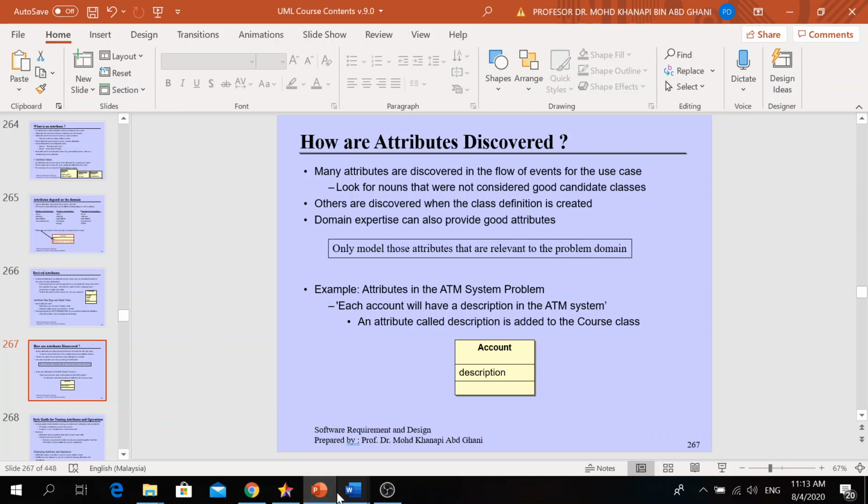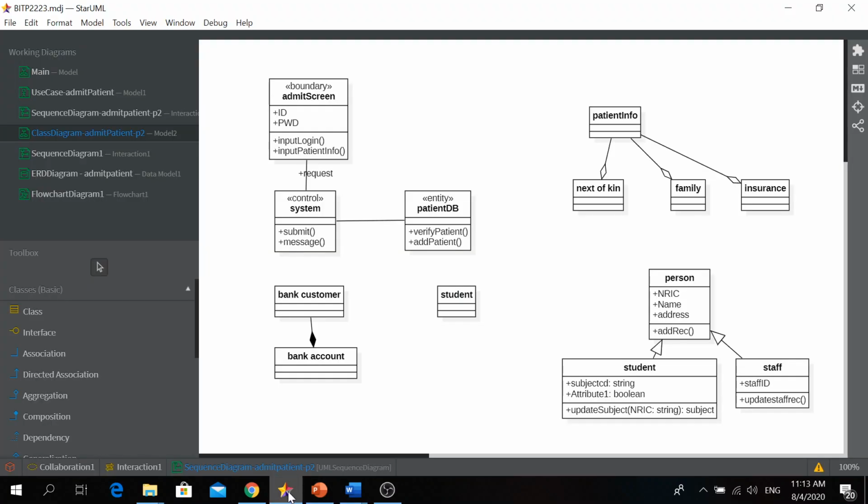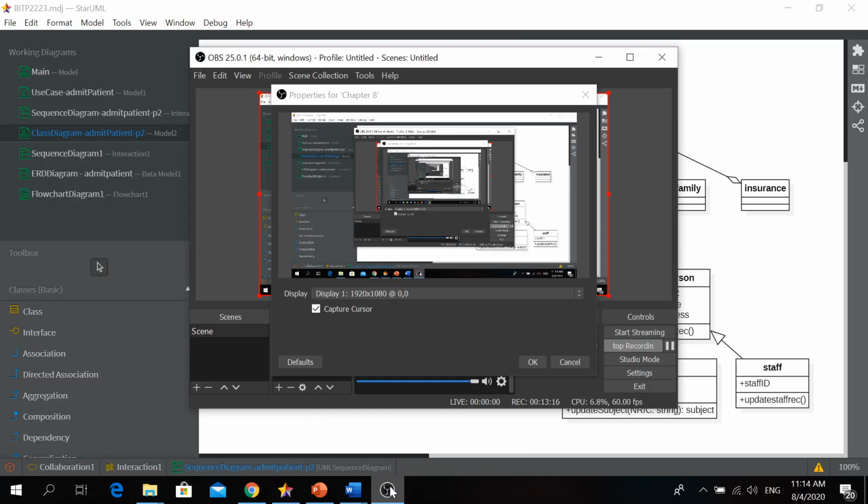I'll give you an example. I always use StarUML. If you download this free StarUML, you can follow me on how to create some of the UML diagrams. I need to check my video, whether it is working or not. Okay, it's still okay.